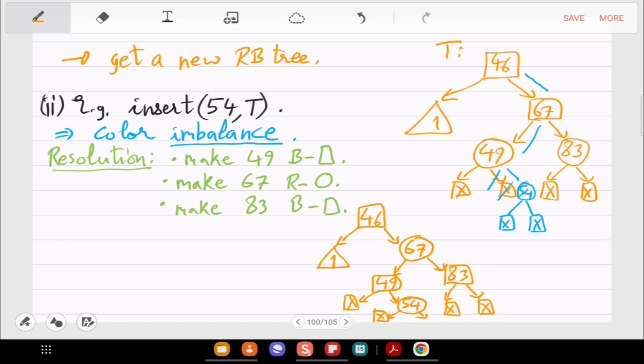Sorry? More than one way to insert and rebalance? No, the pseudocode that we will describe in the class will be fixed.